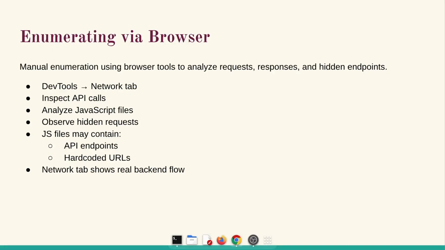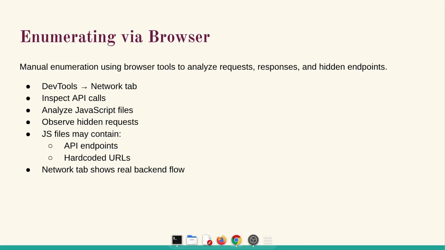Then enumerating via browser means before using any tools, a real attacker spends time inside the browser only, because the browser already shows how the application talks to the backend. Manual enumeration using browser developer tools to observe how the applications behave, communications, and expose hidden functionality. First analyze and see the site,